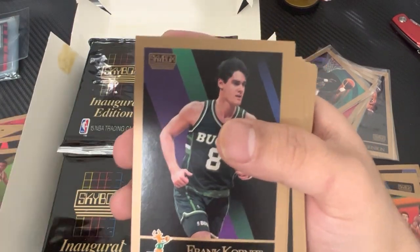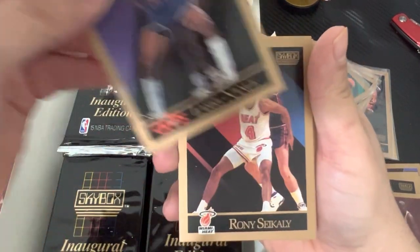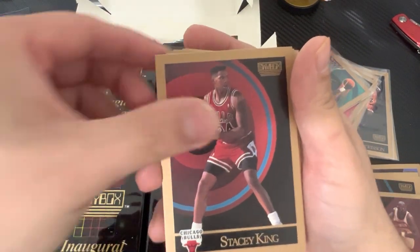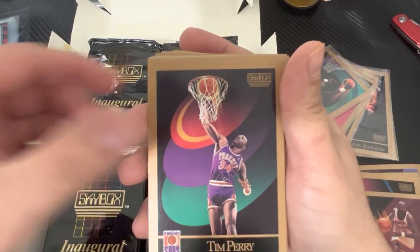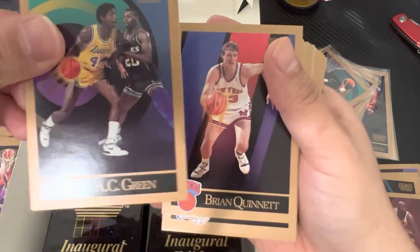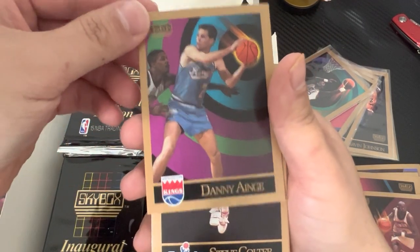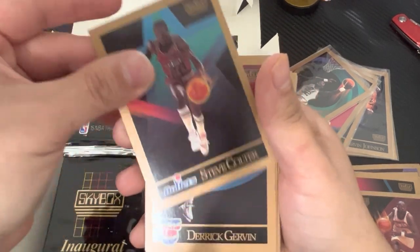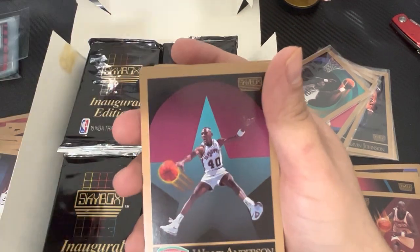Ian McKee, Frank Kornet, Moses Malone, one of the great players of all time, Hall of Famer, Grant Long, David Greenwood, Larry Nance, big time slam dunker, Ron Seikaly, Stacey King, John Bagley, Dylan Shrimp, Tim Perry, A.C. Green, McQuitnut, Danny Manning, Danny Ainge, Steve Kerr, George Gervin, Jerry Reynolds, John Hawkins, Willie Anderson, no Spur,